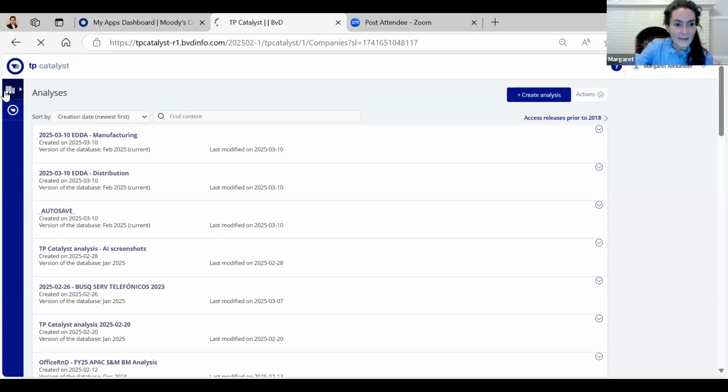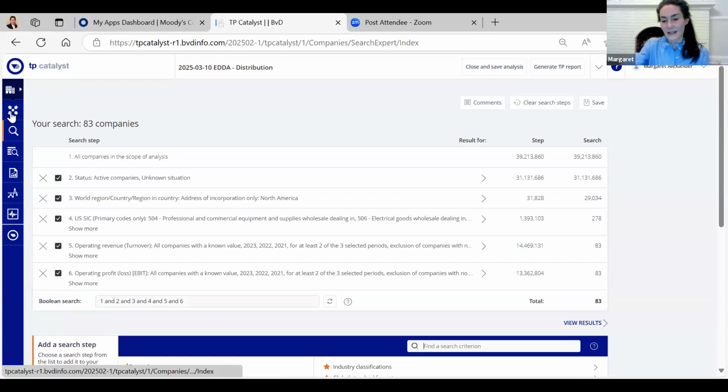And over here on the left-hand side is our navigation pane. And right now we just see the icon, I guess it's companies. I haven't really looked at it before. The icon for our landing page, and this icon is the BVD logo. I don't know if you guys are familiar with Bureau van Dijk. It's the company that created TP Catalyst and that created the Orbis database that Moody's bought a few years ago.